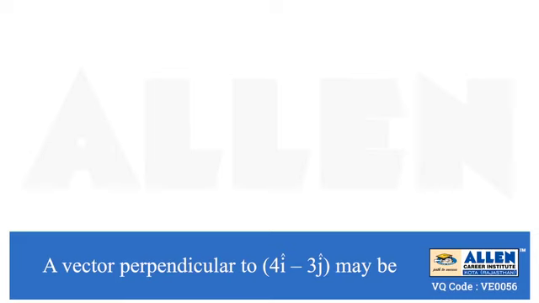A vector perpendicular to 4 i cap minus 3 j cap may be: statement 1, 4 i cap plus 3 j cap; statement 2, 7 k cap; statement 3, 6 i cap; statement 4, 3 i cap minus 4 j cap. So here we have to find a vector which is perpendicular to the given vector. So the given vector is